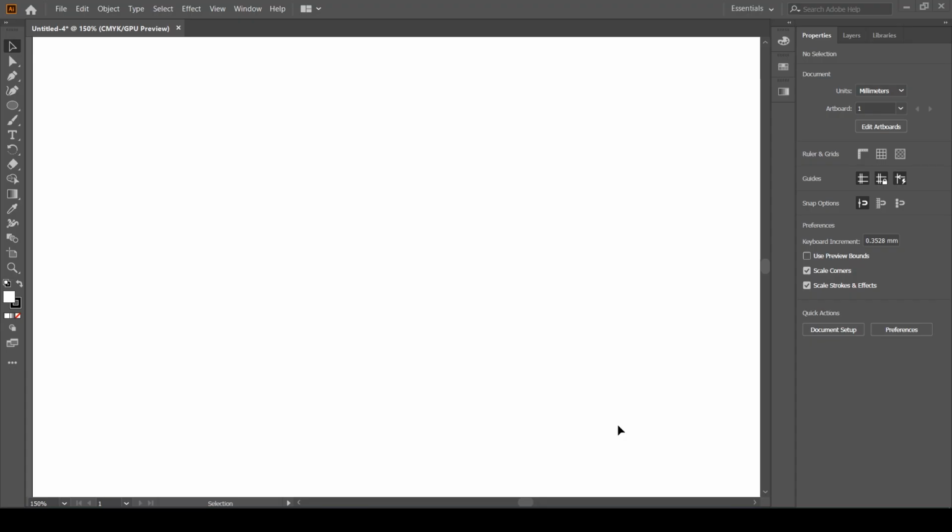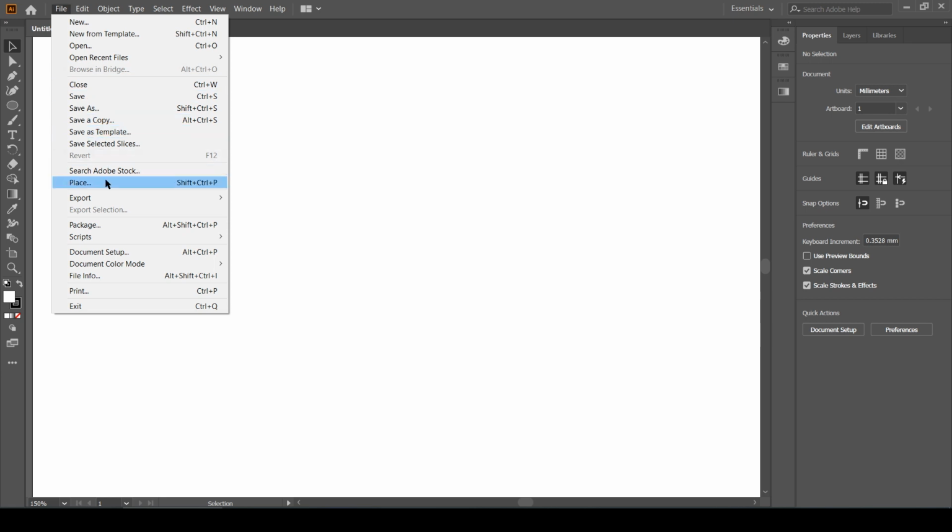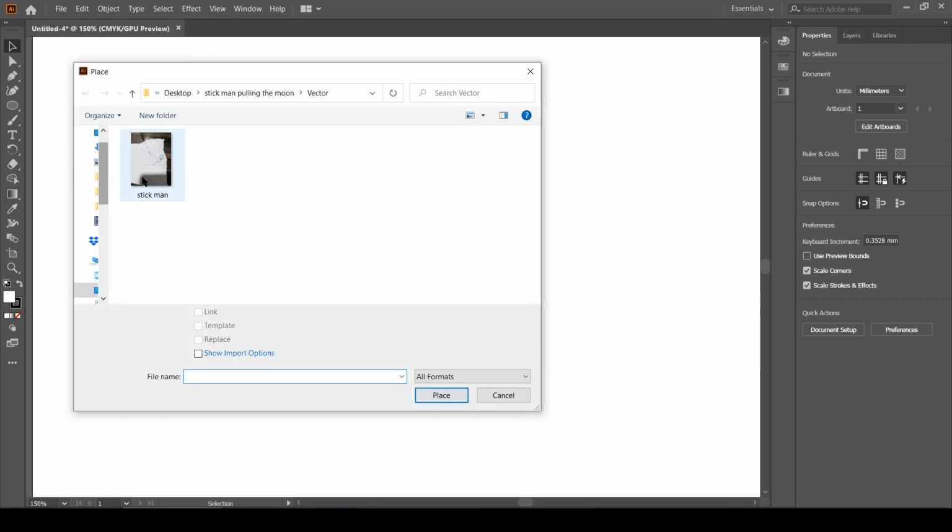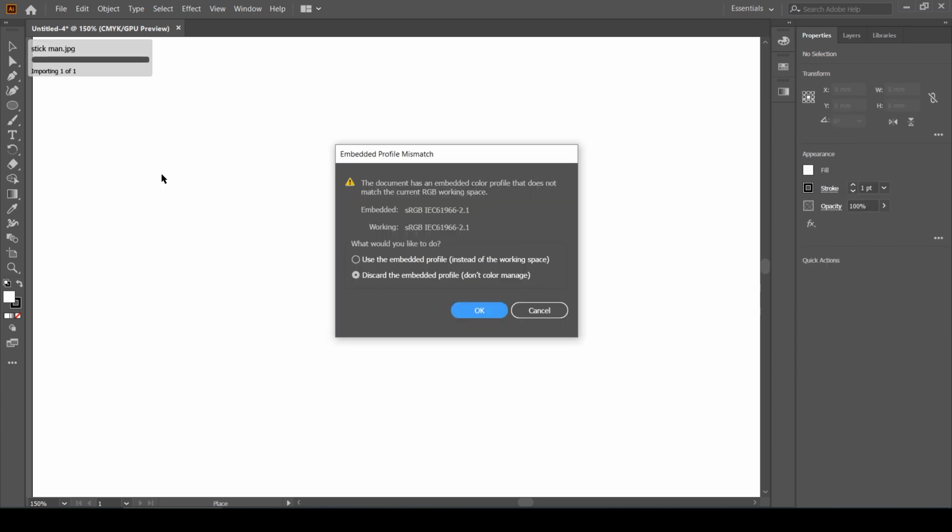Alright, the first thing we are going to do is take a snap of that image and bring it onto the PC, from where we can import it in Illustrator and make the illustration upon that. So let's go into the File menu, come down to the Place option, browse to the folder where you have copied that image and let's import it.